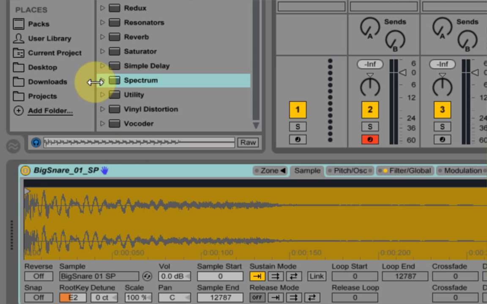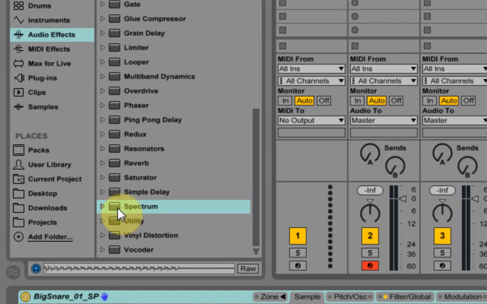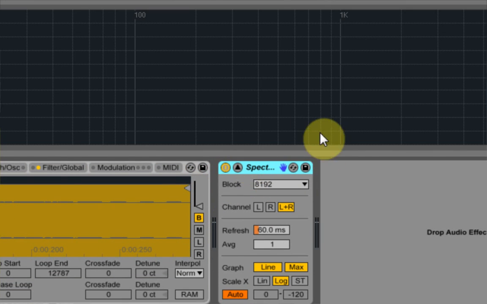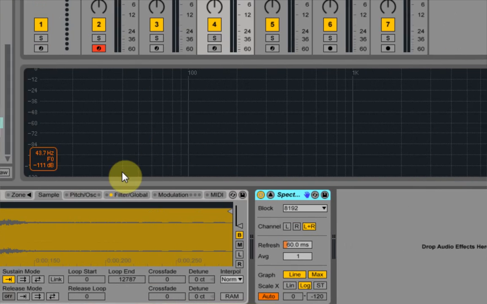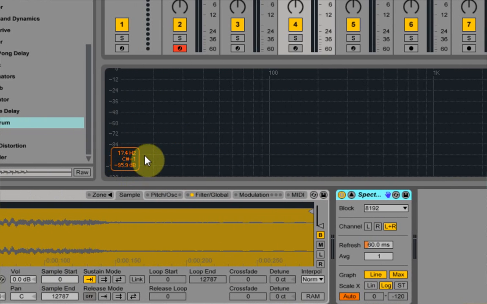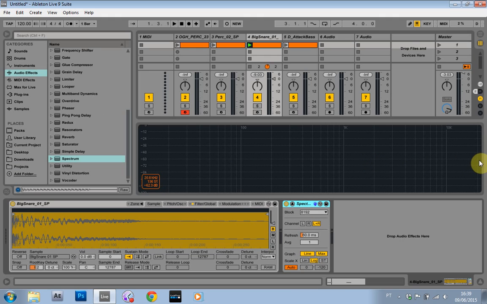So the way we find that is inside of the audio effects. There's something called Spectrum. We drive that behind the sample there, and then we hit this little arrow to make it nice and big up here. And then as I'm moving around on this grid, if you look at this little orange box, it shows me the frequency, and it also says the note and which note along the entire spectrum it is. So A2, C0, you know what I mean? Or, sorry, C0, and then if you go all the way up to the top, it's D#8